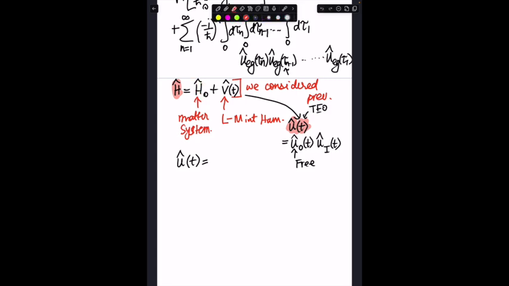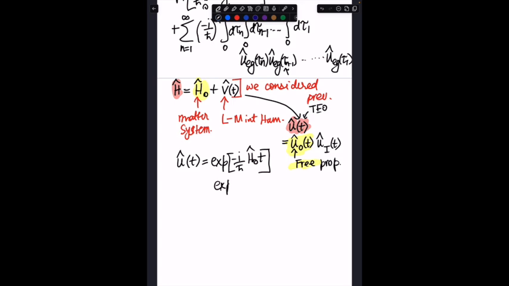So this is your free propagator. What we did was we wrote the time evolution operator as exponential minus i upon h bar H0 t, which is again your free propagator, U0 t, and then you have a U hat I t, which was written as